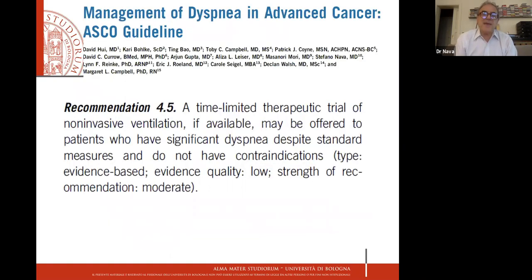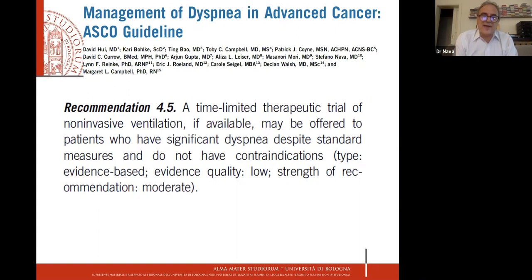I was mentioning this document is still online. I got the chance to participate in this interesting task force dealing only with oncologists and palliativists, not pulmonologists. That was also an interesting issue. These are the ASCO guidelines about the management of dyspnea in these patients. Recommendation: a time-limited, obviously,